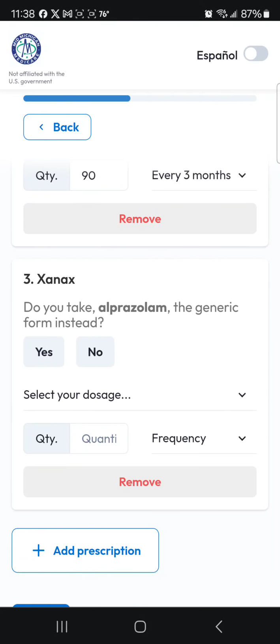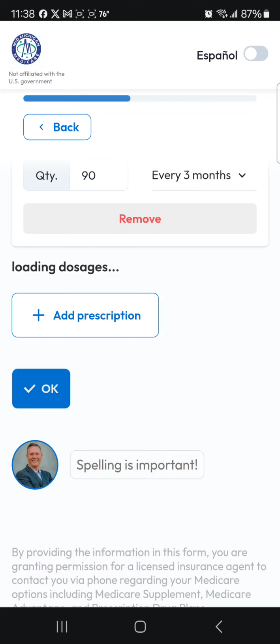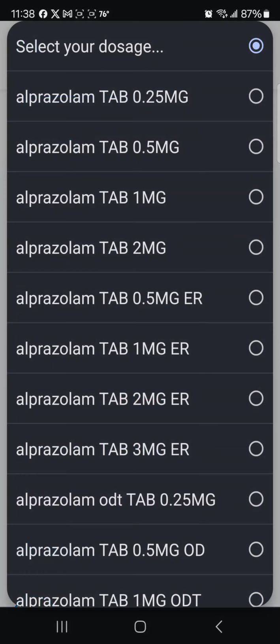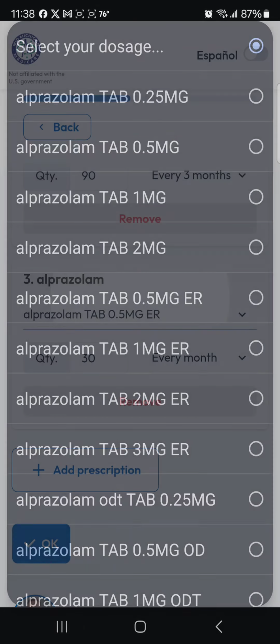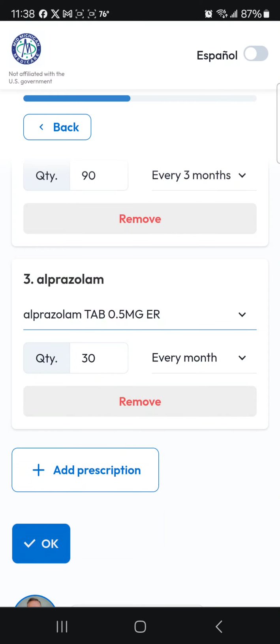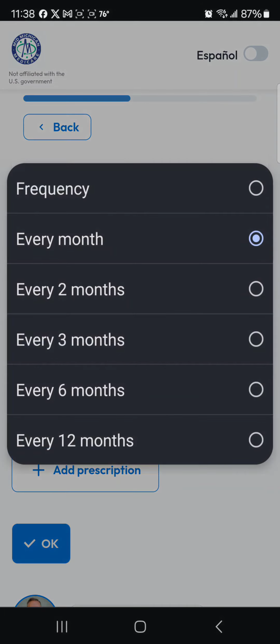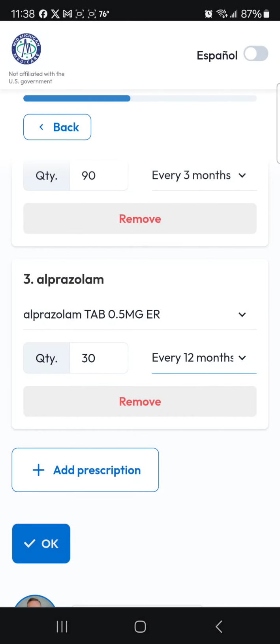Now, if I take the generic version of that, it's going to let me know, do you take that instead? Oh, yeah, I actually do take the generic one instead. So I'm going to hit yes, and then I'm going to select my dosage. That's the extended release, whatever it might be. And I get 30 of those. I don't know, let's say every year I just get a bottle of them because, you know, I've got some